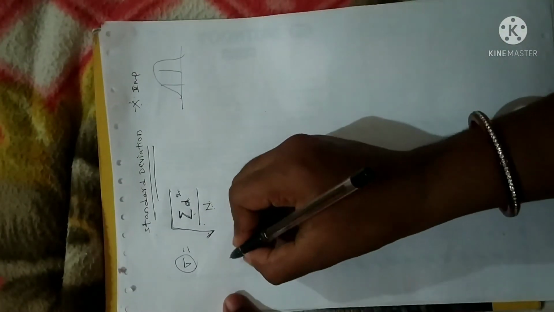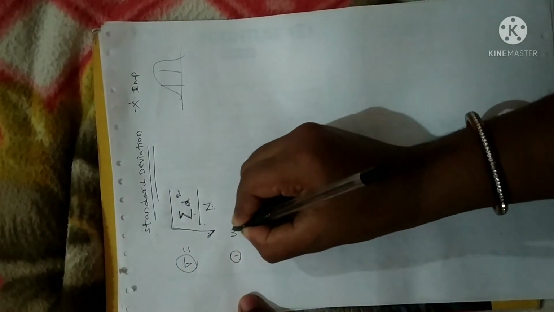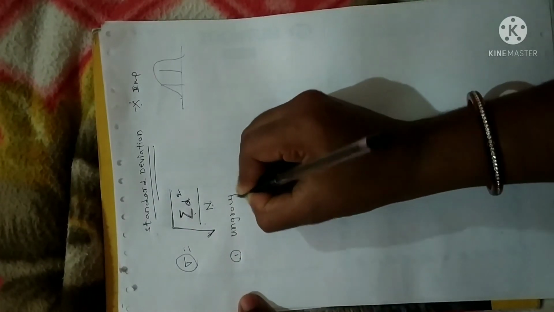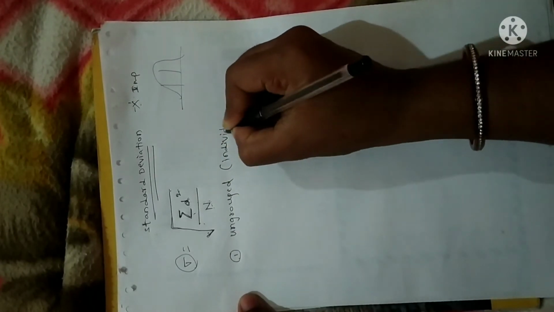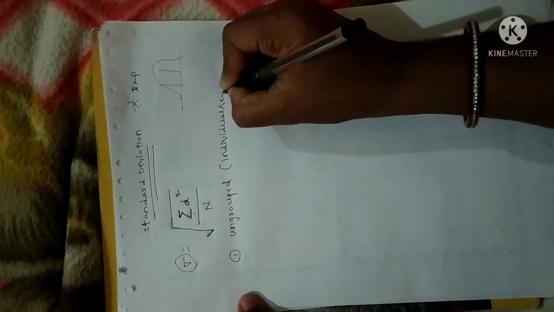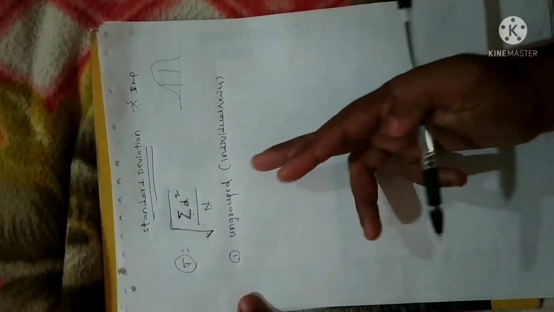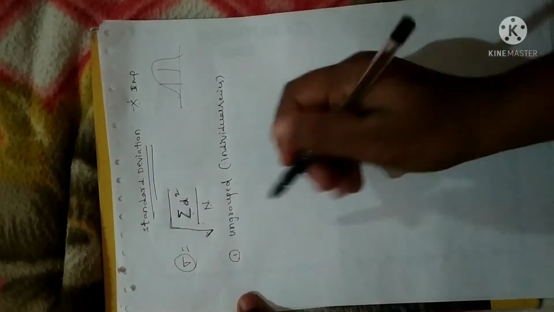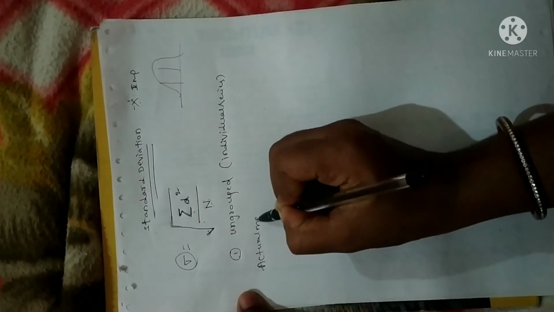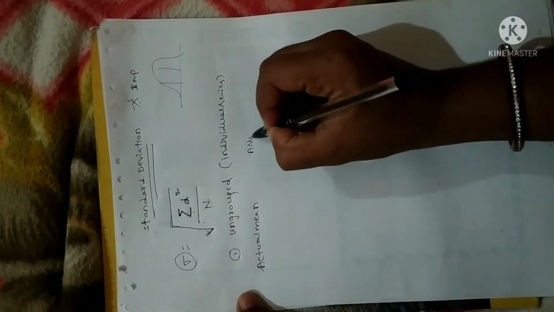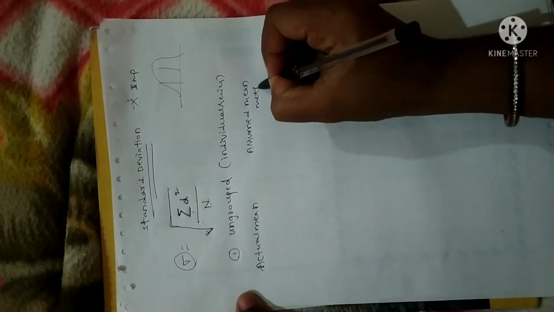So we use two methods. First, let me discuss ungrouped data. As I already told you, ungrouped data we can call an individual series, where only x values are given. When only x values are given, we have methods to find the standard deviation. Mainly there are two methods, that is the actual mean method and the assumed mean method.